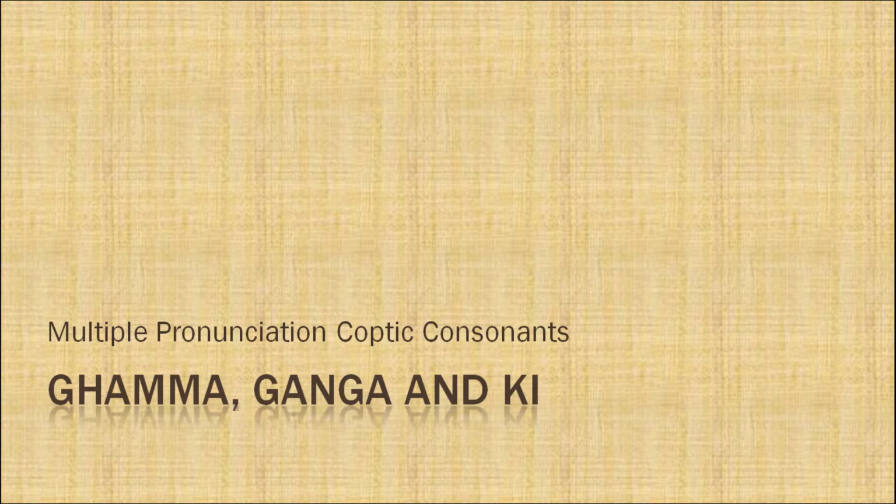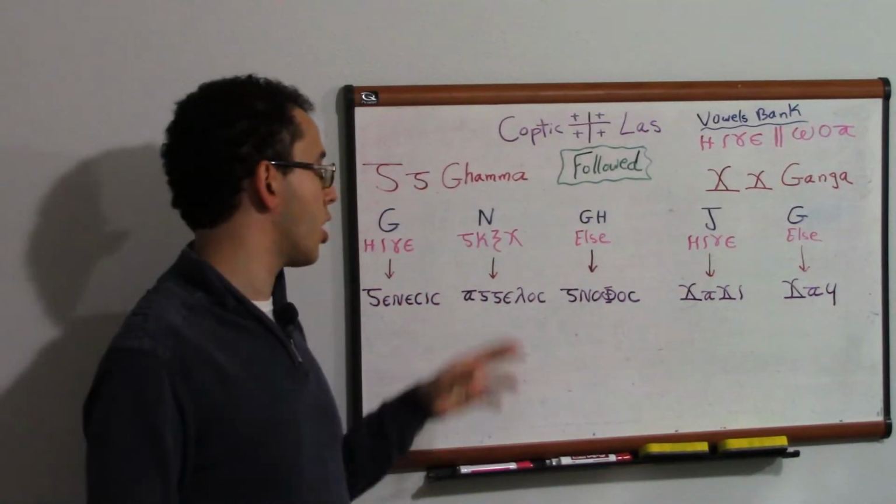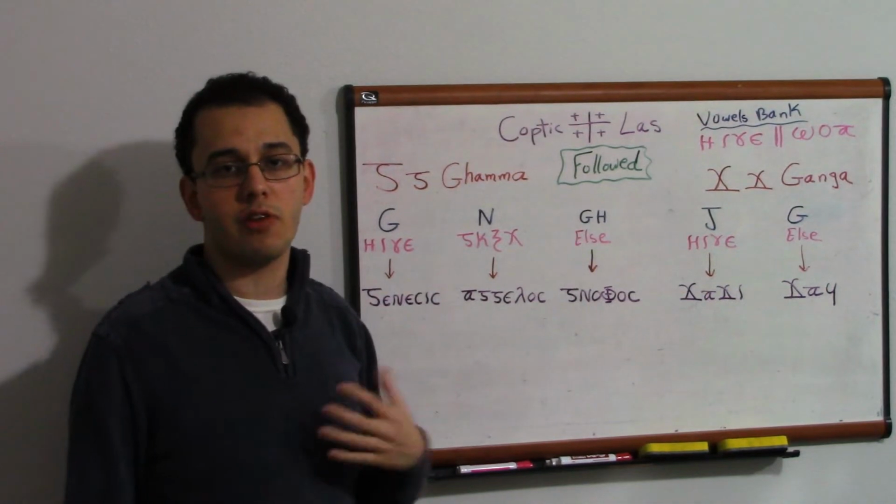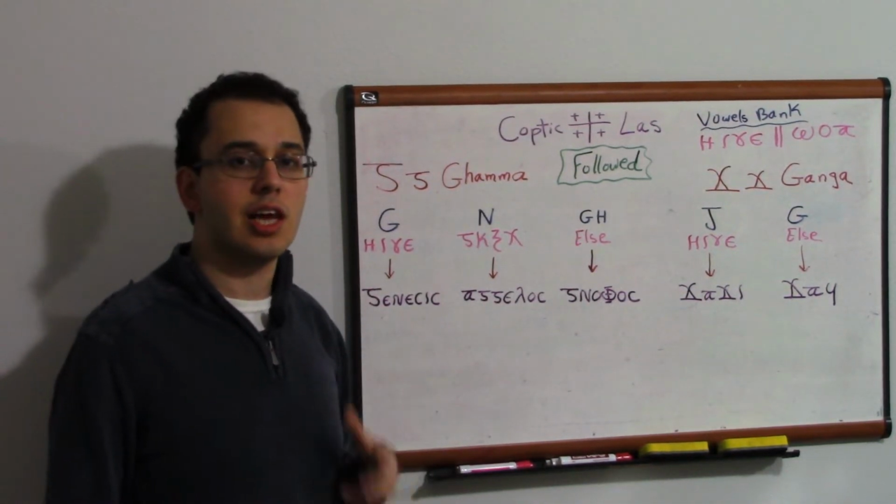And those 3 consonants also all have multi-pronunciation. So today we're going to finally once and for all wrap up all the multi-pronunciation consonants, and the only 3 left, like I said, we have Ghamma, Ganga, and finally we have Ki. So the first half of the lecture we're going to cover the Ghamma and Ganga, and then on the second half of the lecture we're going to cover Ki, which is a very special case and a very good segue to